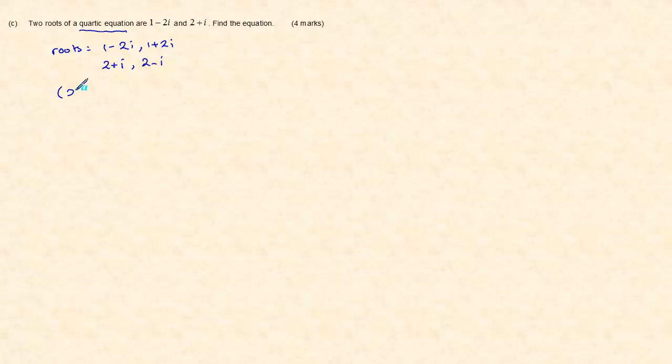So I have x minus 1 minus 2i, x minus 1 plus 2i, x minus 2 plus i, and x minus 2 minus i. Now if I expand here,